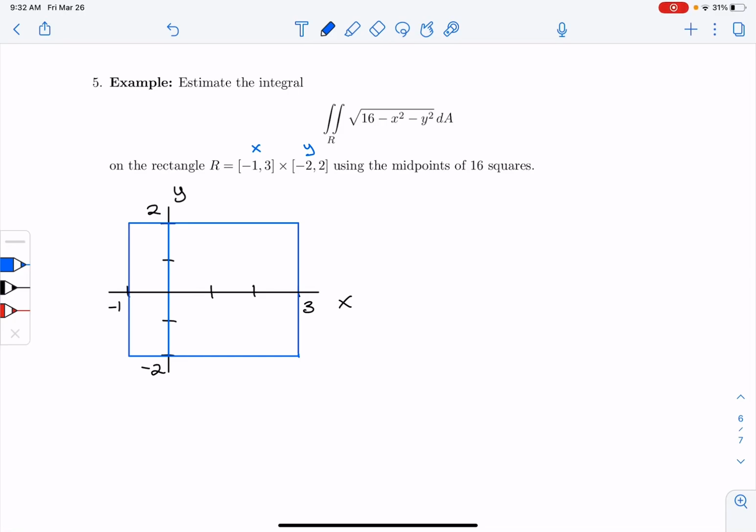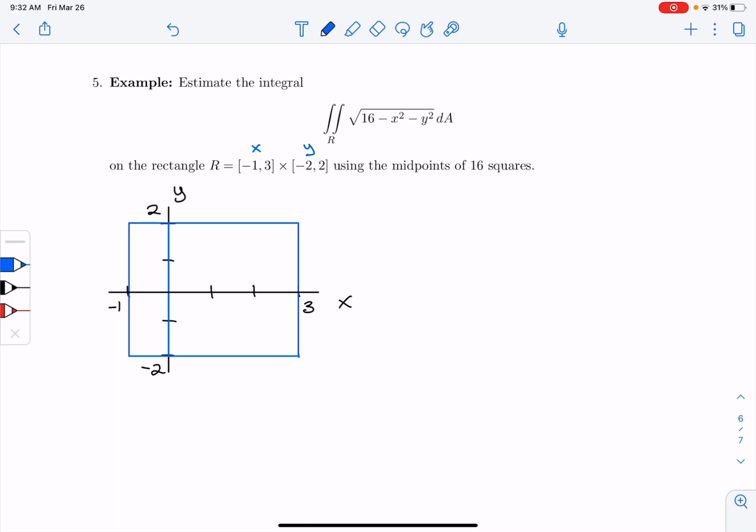Now that we have defined the double integral, which can be interpreted as the volume underneath a surface, let's see if we can estimate the volume underneath a surface, say the square root of 16 minus x squared minus y squared, on a rectangle between -1 and 3 in x and -2 to 2 in y. And we're going to estimate the volume of this hemisphere